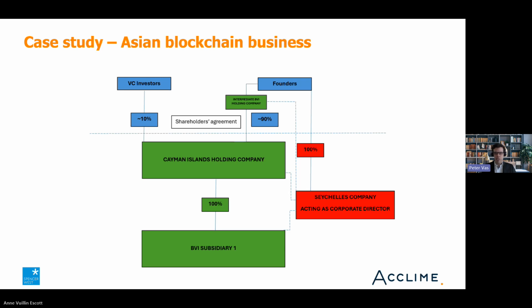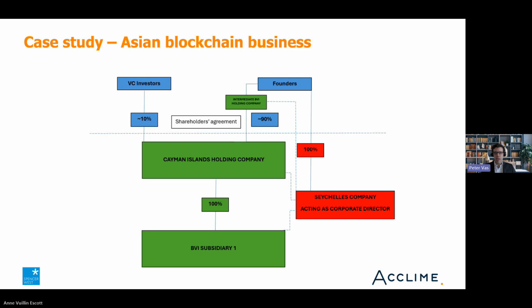The client wanted to safeguard his privacy and confidentiality as a director and shareholder. There was a need to ensure that distributions that are paid by the underlying business do not fall in the hands of the founders immediately, as this may entail adverse tax consequences. And the client wanted to clearly document the rights of the investors and founders in an agreement among themselves.